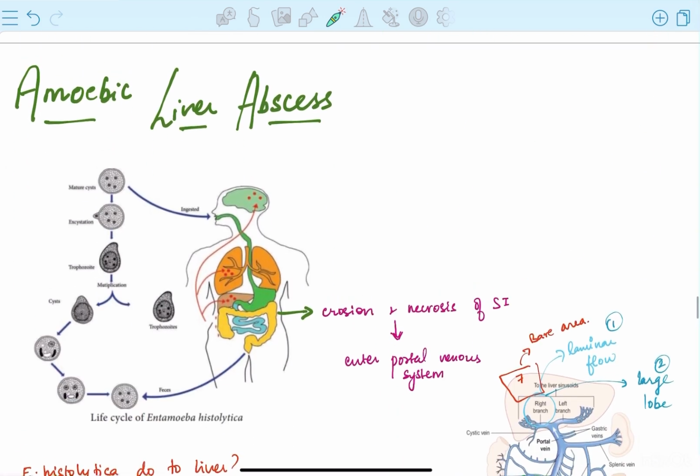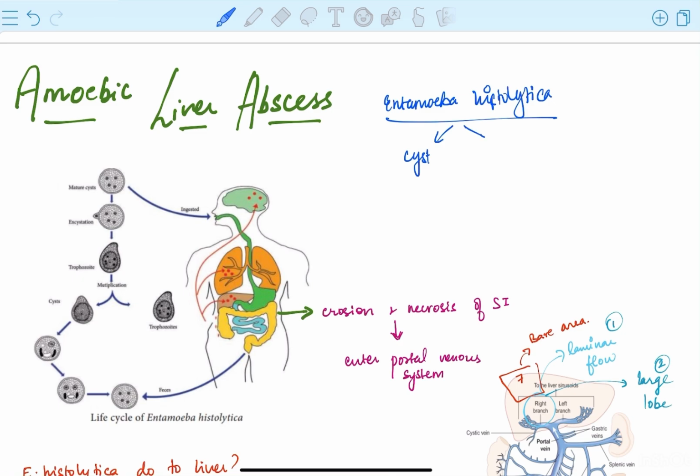The amoebic liver abscess is caused by a parasite called Entamoeba histolytica. This Entamoeba histolytica exists in two forms. One is the cyst form and another is the trophozoite form. The cyst form is the infective stage. This is the one excreted in the feces, and once it is ingested via contaminated food or water, it